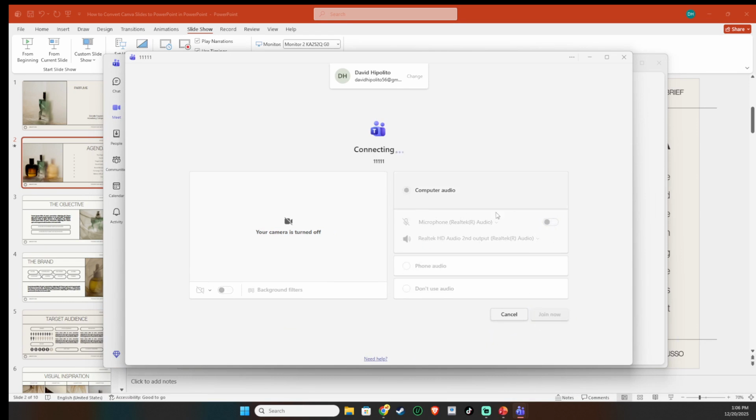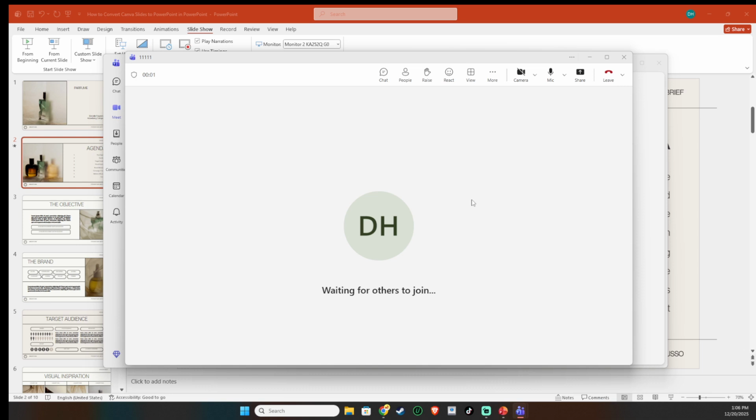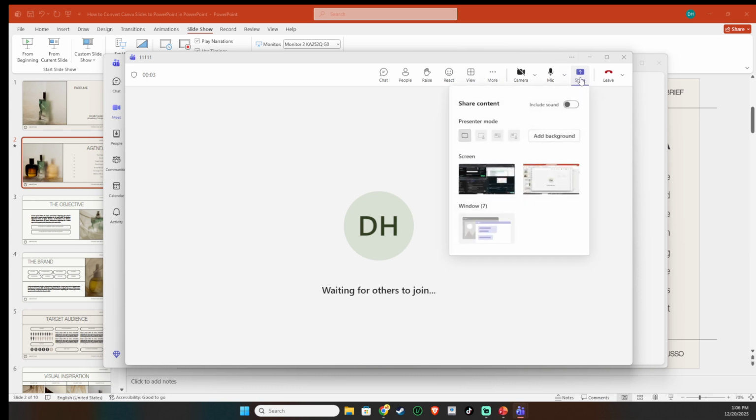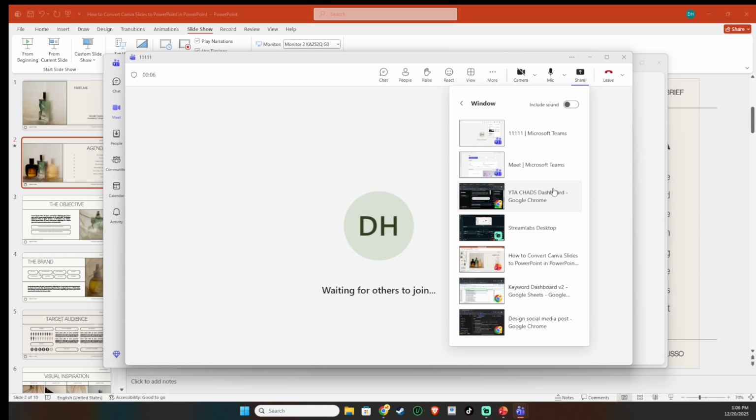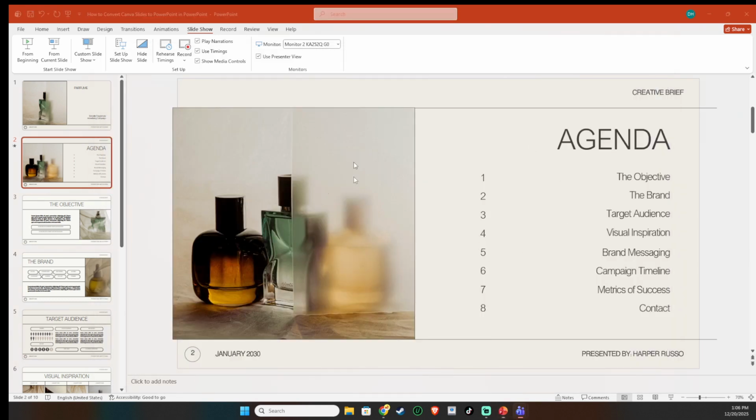Next, share your PowerPoint. Click the Share Content button, usually found near the top of the Teams window. Then choose the PowerPoint option. This is important because selecting PowerPoint ensures the annotation tools are available directly on your slides. From the list, pick the presentation you want to share, give it a moment to load, and you'll see your